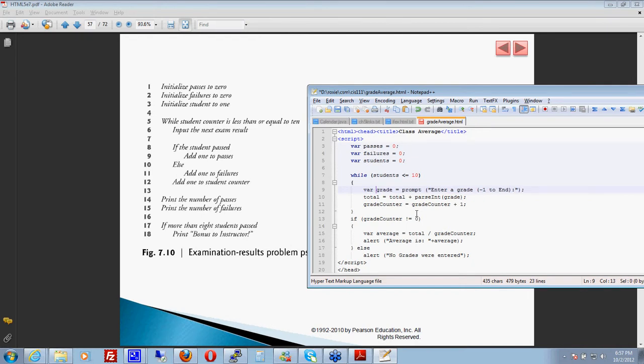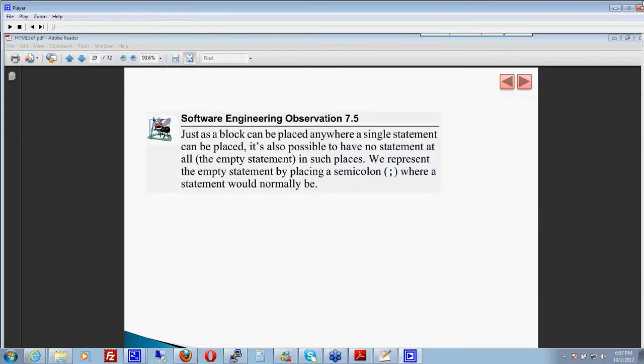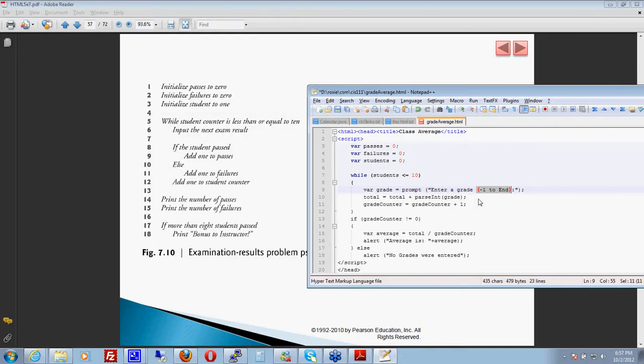That. Enter a grade. Get rid of that. If student passed, of course, now they don't give us the definition of what is a student passed. So I don't know what it means, student passed. So in this particular case, you're going to either have to make an assumption, which is probably not a good idea, or you're going to have to go back to the author of the pseudocode and say, okay,